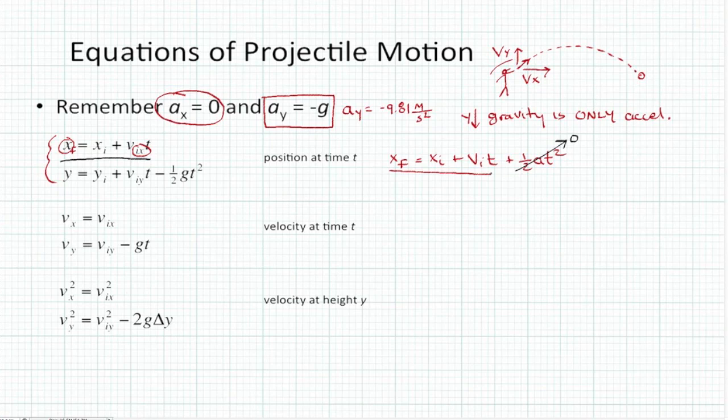Okay, how will that be different in the y direction? Well, if we write it the same way, our final y position equals our initial y position plus initial velocity in the y direction times time, just like we have above. But we do have an acceleration in the y direction, right? Plus, we might say 1/2 times